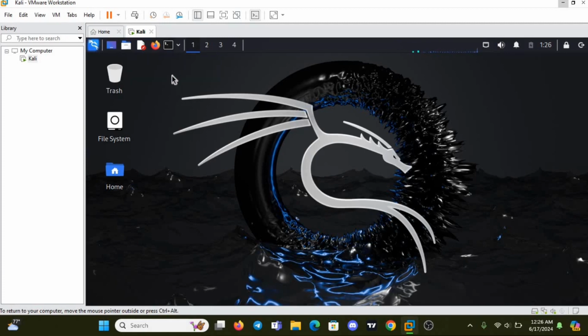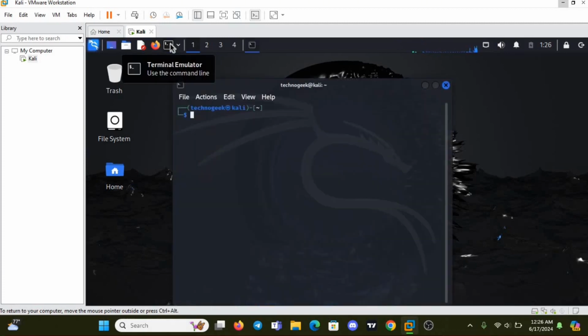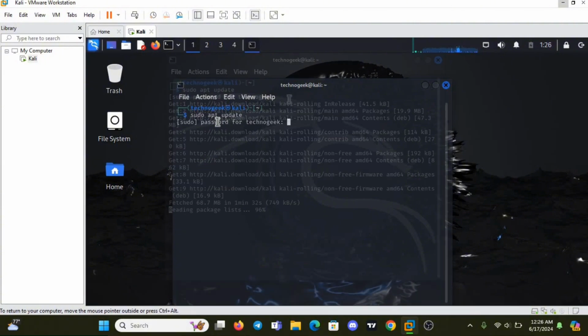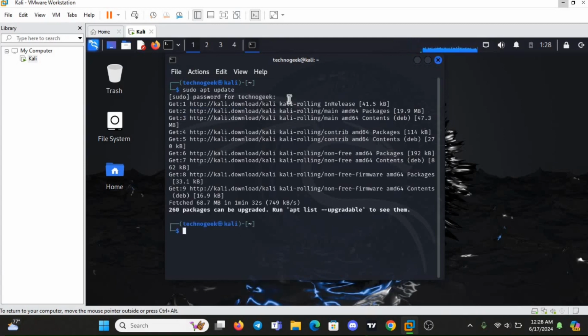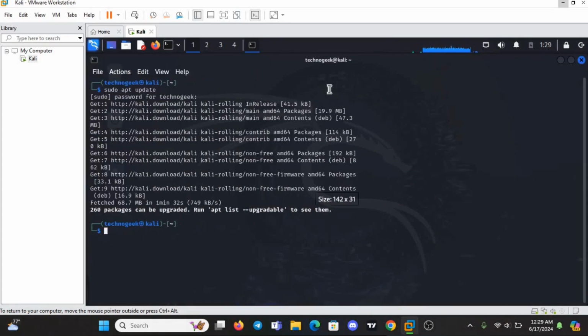Now let me just head on over to my terminal. Now I'm going to go ahead and run sudo apt update. All the commands will be placed in the description box below. So now that the terminal has been updated, I'm going to go ahead and run sudo apt